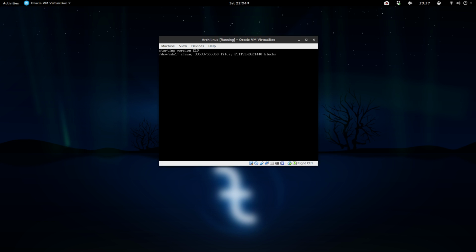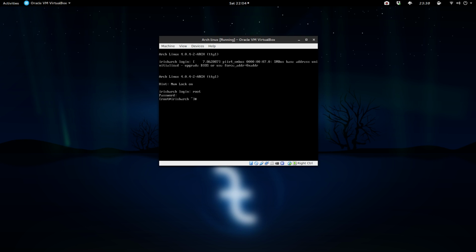And as you can see, it's just booting up here, and it does show your host name and then login. So you just be root, and then there you go. So that is all that it takes to install the base for Arch.